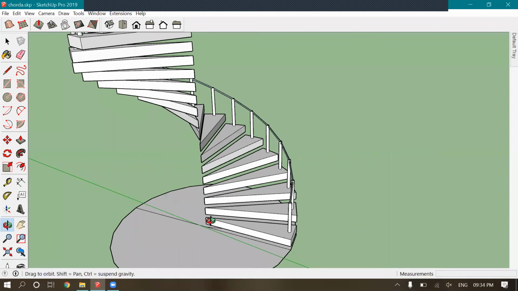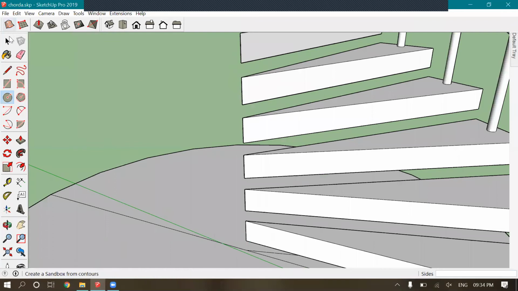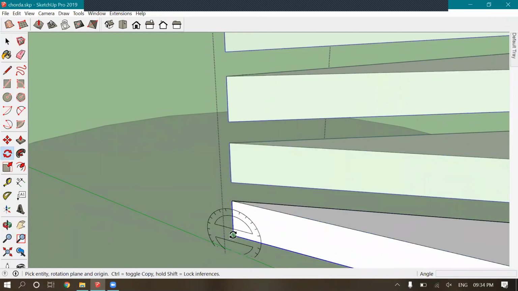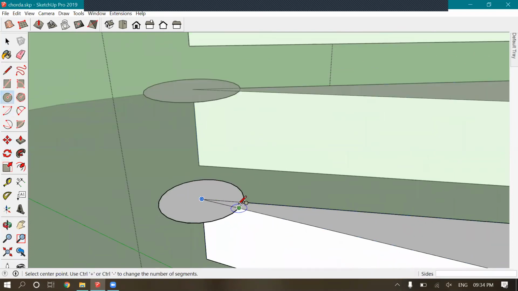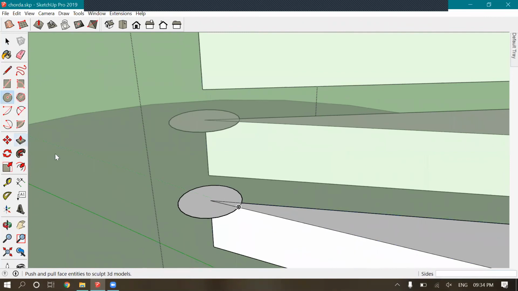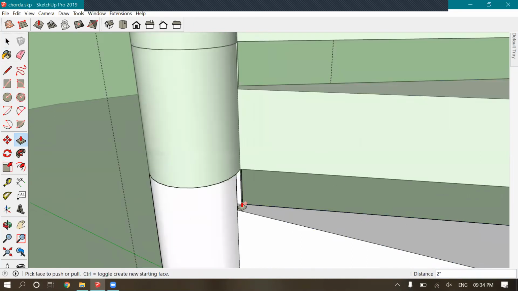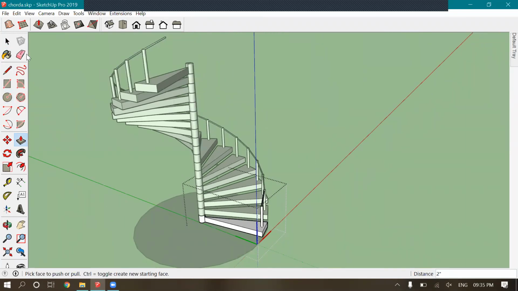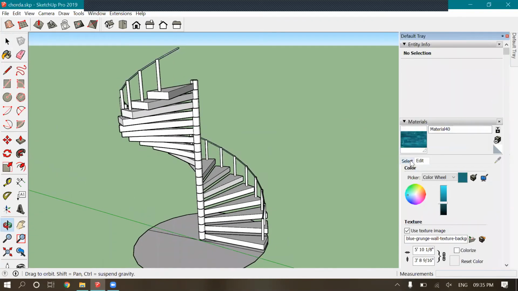If you need a central cylinder, you can obviously do it. Let's add some colors around.